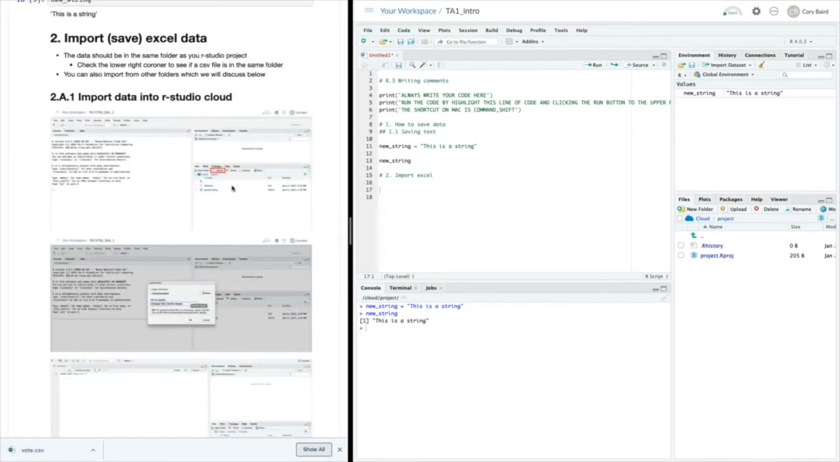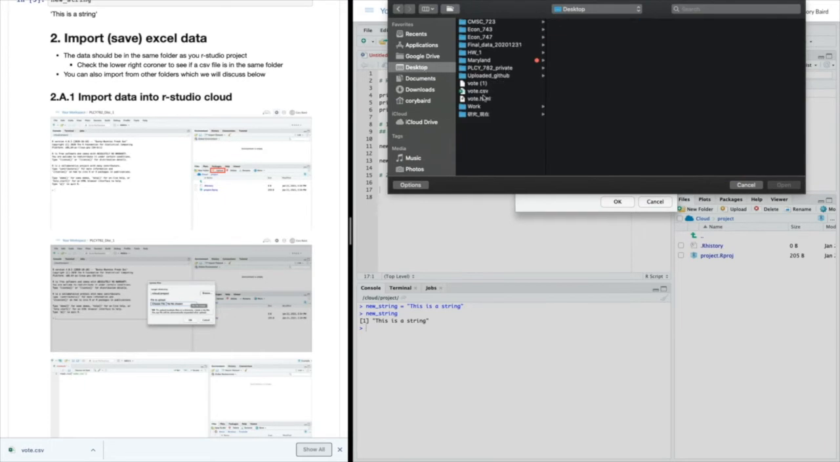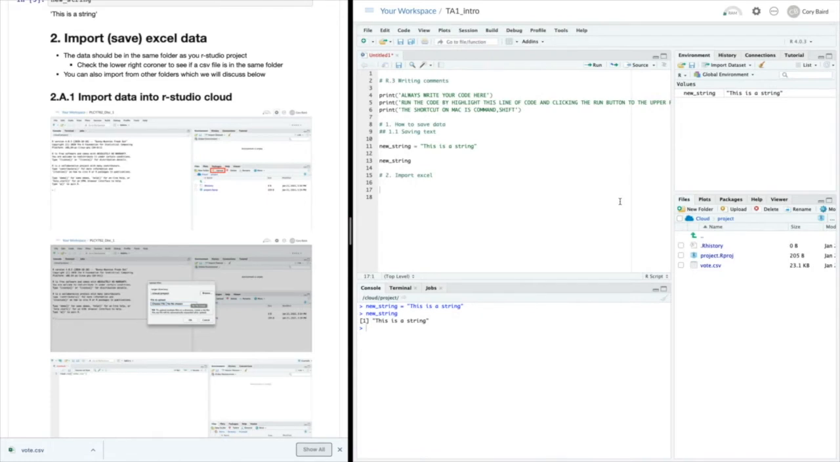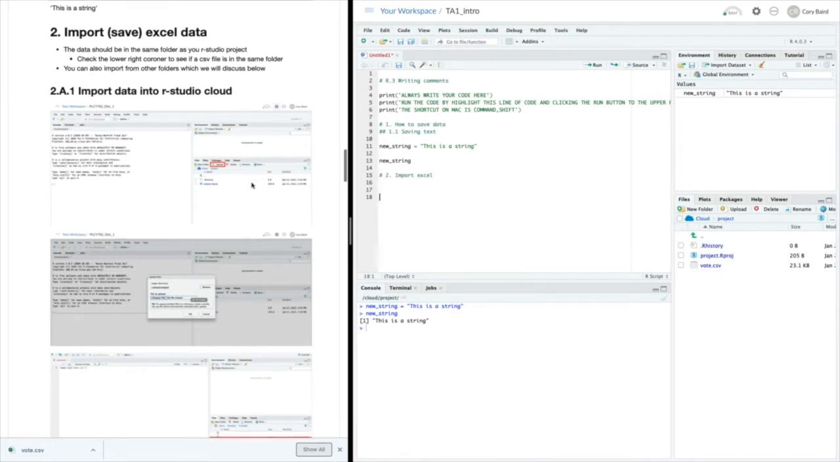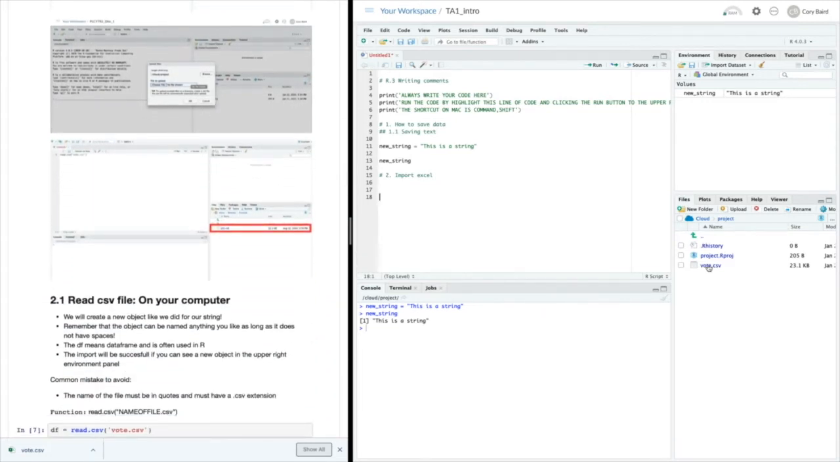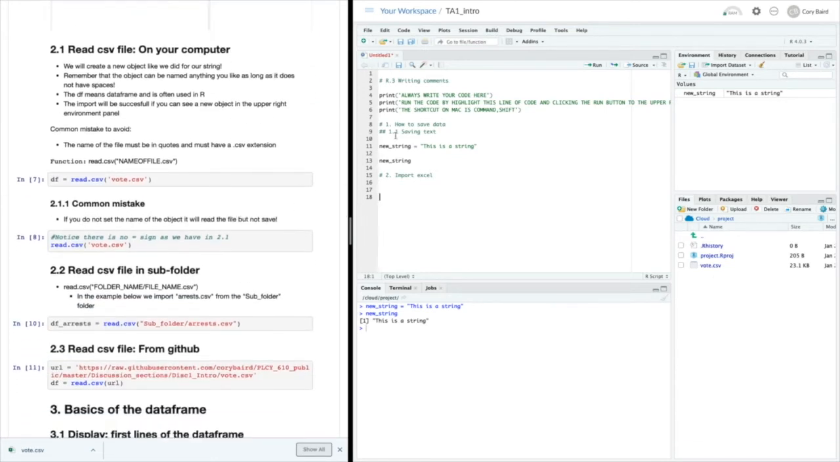And after that has been saved, you can just click on that upload button again, and then you will see that the vote.csv file is there, and then we can click upload. So now that it has been uploaded, as I show here on the left-hand side, that file will also be visible in our project workspace, which is in the bottom right-hand side. So now that that CSV file is on your computer, so to speak, it's on the cloud, we can import that into